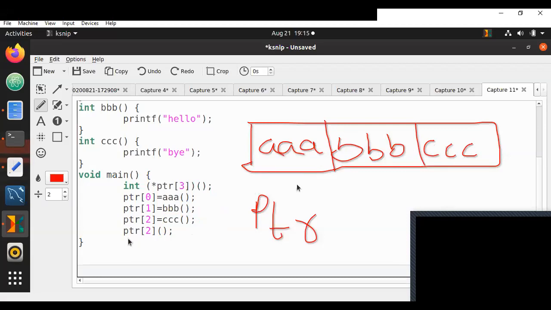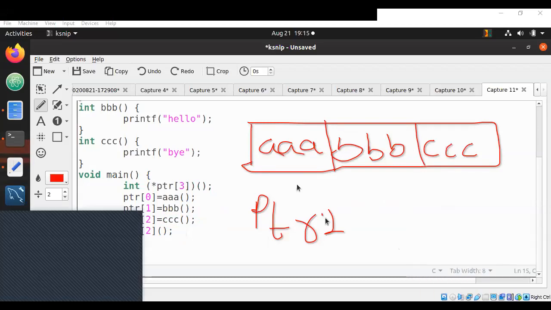All right, perfect. So when I call ptr of 2 with brackets, let me move the chat window here. So this is ptr of 0, ptr of 1, ptr of 2.